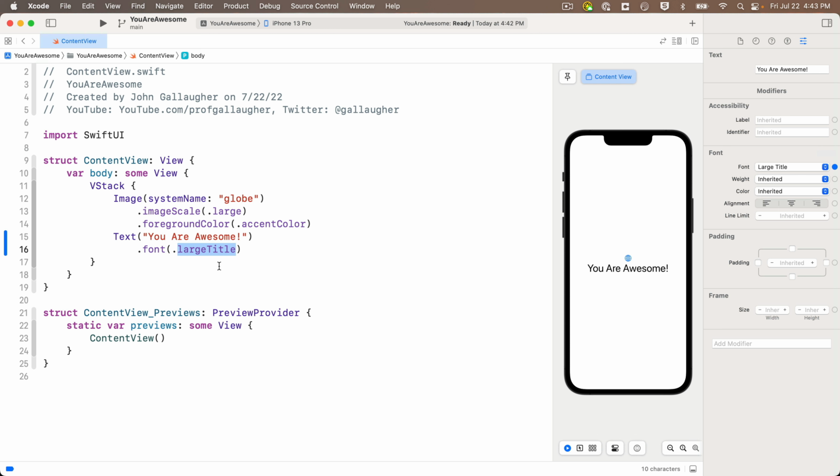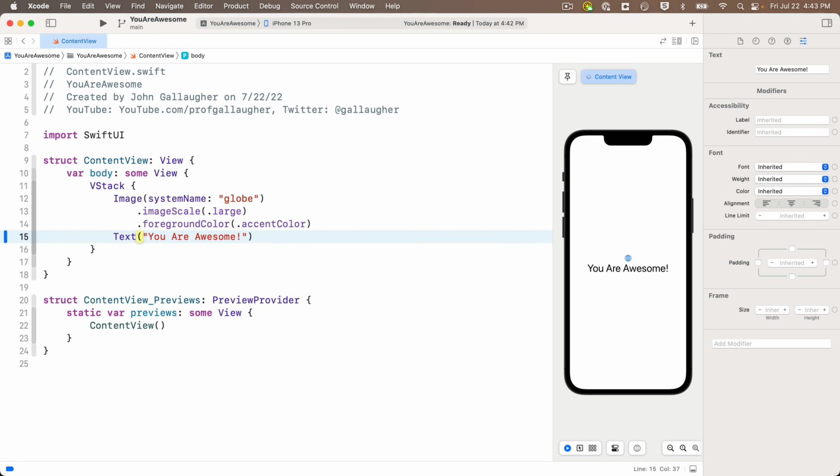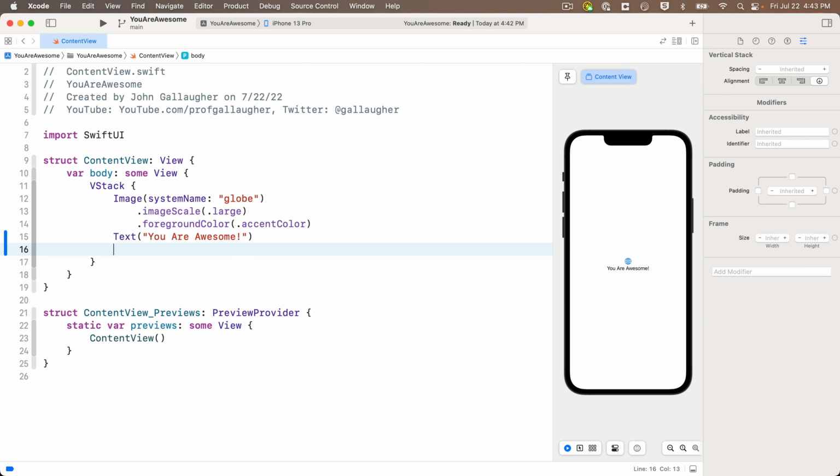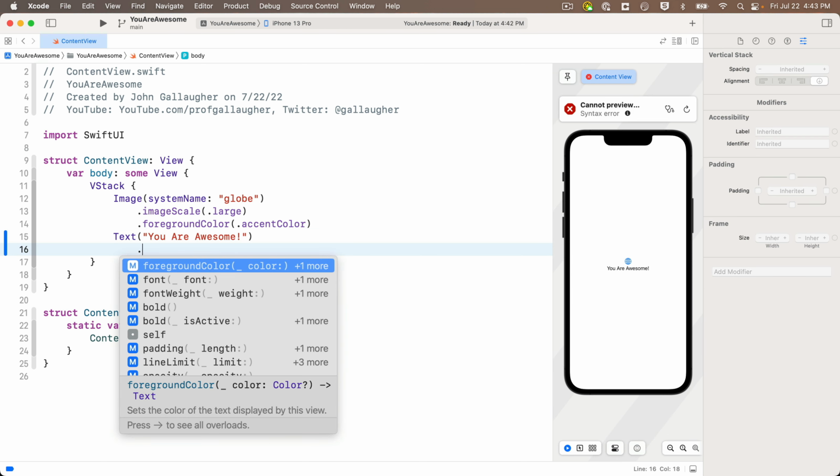Let me show you how that works, and you should follow along too. First, let's highlight and delete the line Xcode just added for us. Then I'll backspace so that my cursor is just behind the close parenthesis on the text line. Now I'm going to press return, I'm on the new line, and then as I press period, this indents the cursor a bit more below the view. Now Xcode neatly formats modifiers at the dot so that they're indented slightly below each view,